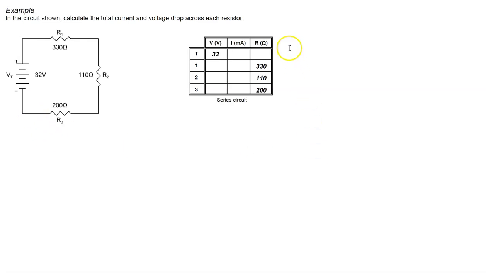Now, this little box right here is called a VIR chart. If you sketch that for the circuit, you can put your information in there, and it helps you keep the information you have calculated straight. There's a line for each resistor, 1, 2, and 3, with the given information in there. And of course, the T represents totals, so a line for totals. So far you have the total voltage and the resistance of each individual resistor. Until you have 2 pieces of information about the circuit or about any individual resistor, you can't use Ohm's law. So we'll start off then